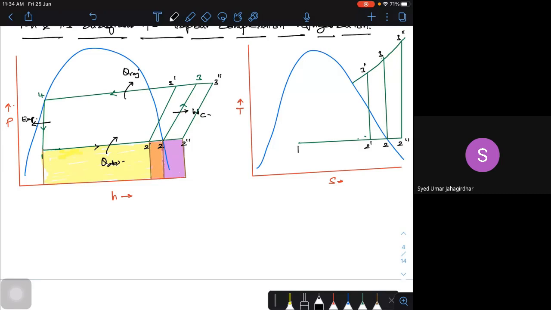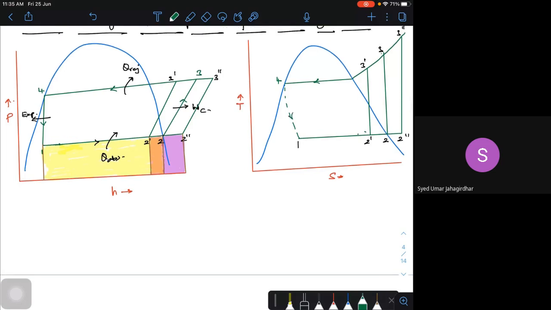Now, this is a heat rejection process. Okay, I can go like this. This is your point 4. And 4 to 1 is not isentropic. It is simply a free expansion process. So I have to show it with a dotted line because there is no work done. And this is a simple expansion process like this. And under this area, once again I can show this is your heat addition.